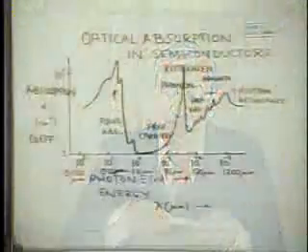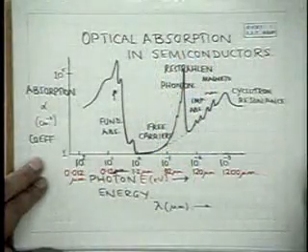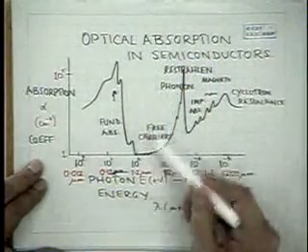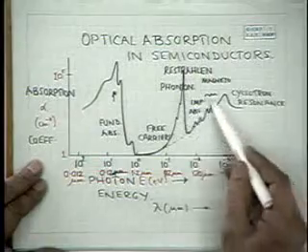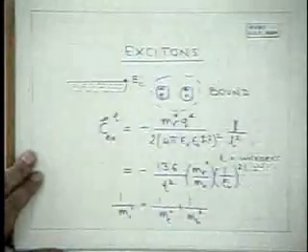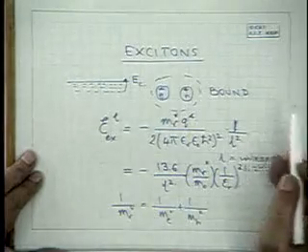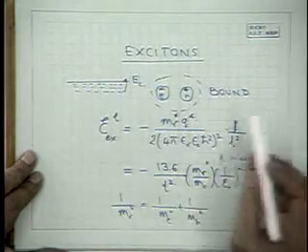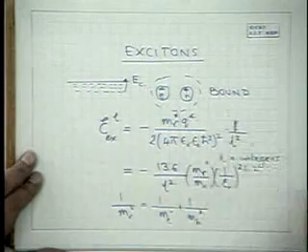Today's lecture will focus on excitonic and phonon mechanisms in optical absorption in semiconductors. We shall also talk about free carrier absorption and impurity absorption. As discussed in the last lecture, excitons are bound electron-hole pairs